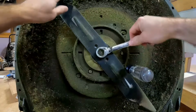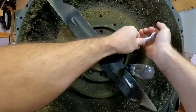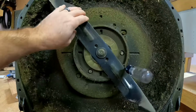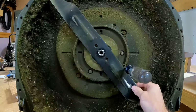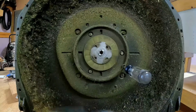We're going to go ahead and get into position. We're going to loosen the bolt. Once we got it loose, we can take it out. After you remove the bolt, set it aside, remove the washer, take the blade off, sharpen it, or get your